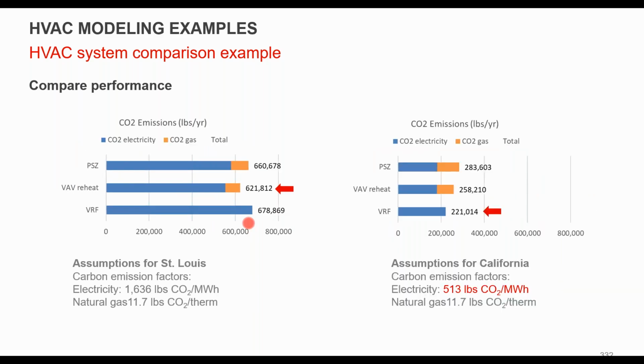What does that look like on an emissions basis, right? So in this case, gas is staying the same, but your carbon emissions are getting cut by a third. In California, which has a lot of solar, a lot of renewables, nuclear, we're going from 1,600 pounds per megawatt hour to 515. In this case, on a carbon emissions basis, your VRF looks great. It is the lowest because it's all electric. The electric grid in California is much cleaner. So again, using those factors, making sure you're using the right numbers, looking up your eGRID numbers can make a big difference.